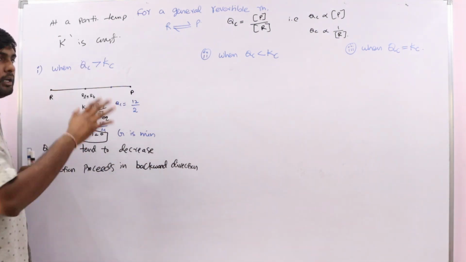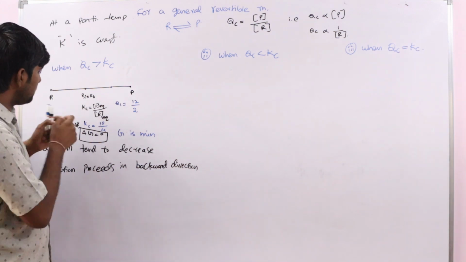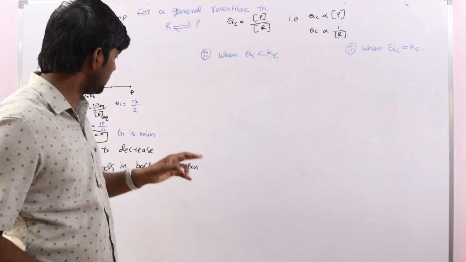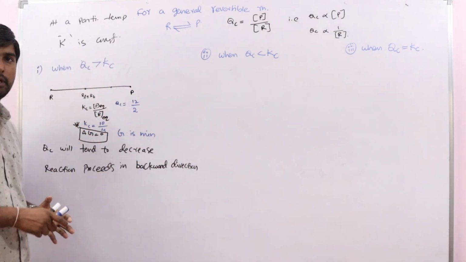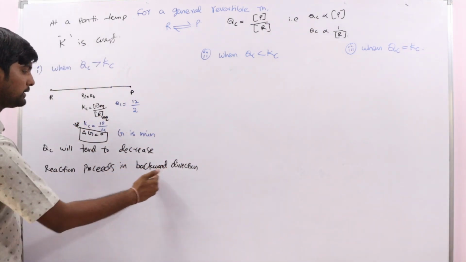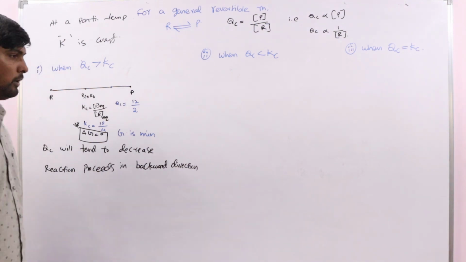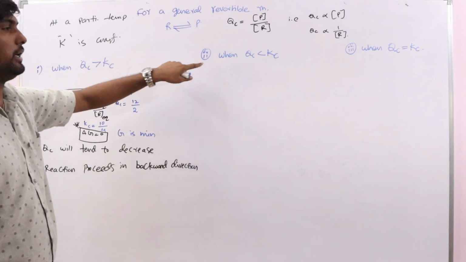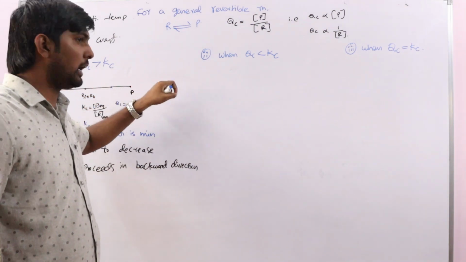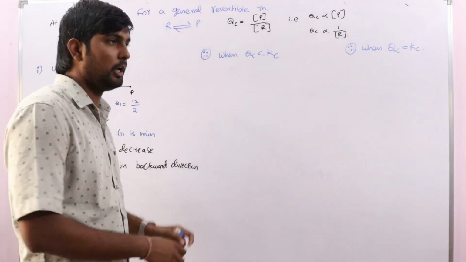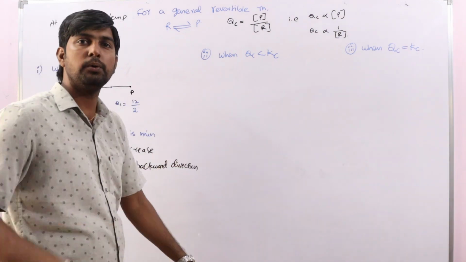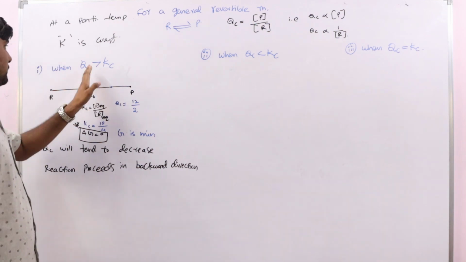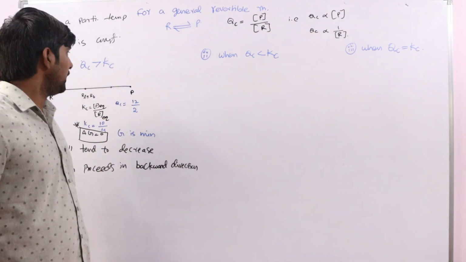At this stage, that will stop. Okay, at this stage what happens? QC becomes equal to the Kc. Until QC value becomes equal to Kc, the reaction shifts towards the backward direction. Okay, very simple concept. Don't try to learn these relations by heart. Logical questions are also asked related to this one. If you simply learn by heart, there is no use. Simple concept. Okay, when QC is greater than Kc, what happens?